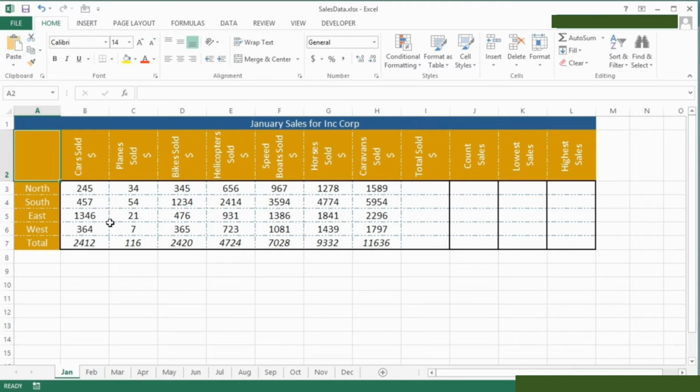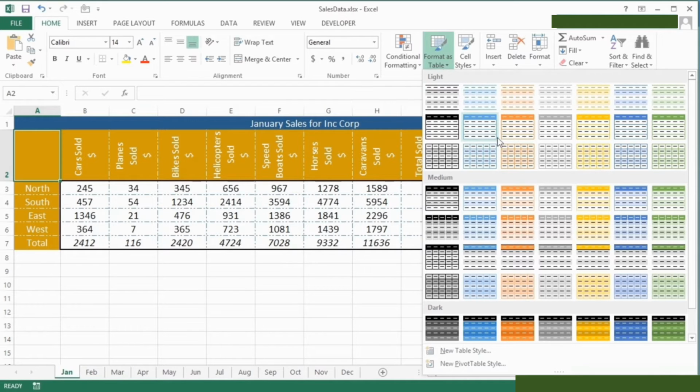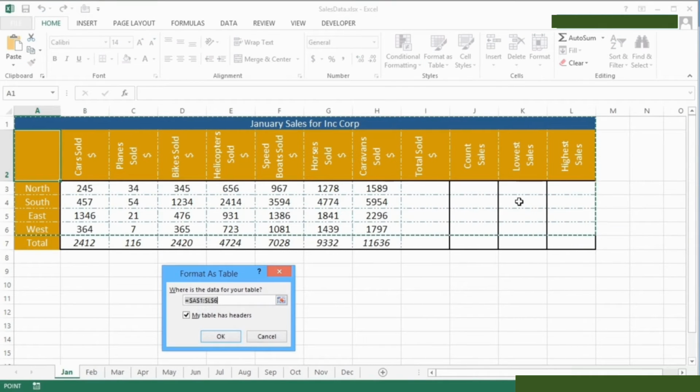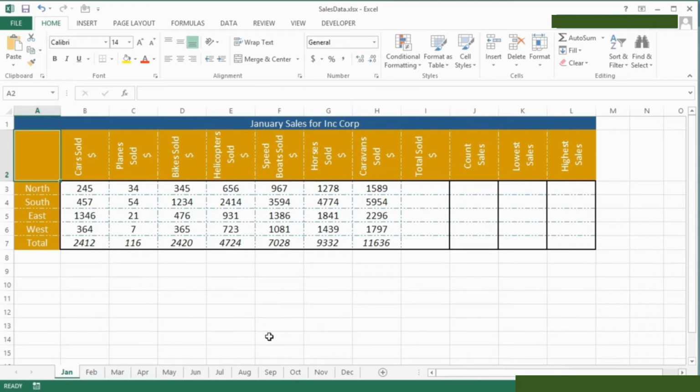Another way of effectively creating this into a little table is to just go to the Home ribbon and say Format as Table. Choose one of the table formats that you like the look of. But the first step before it even thinks about formatting is to create a table. It pops up a very similar box. That one said Create Table, this one says Format as a Table, and it highlights the same cells where it thinks the data is. We're going to cancel that as well,